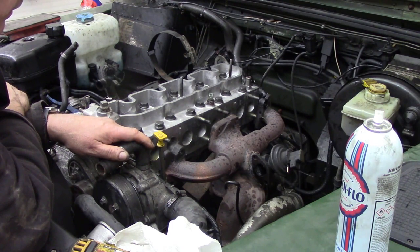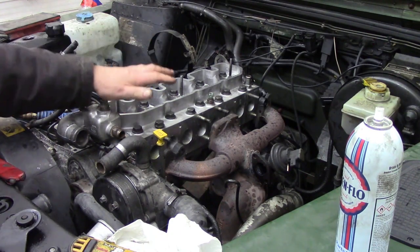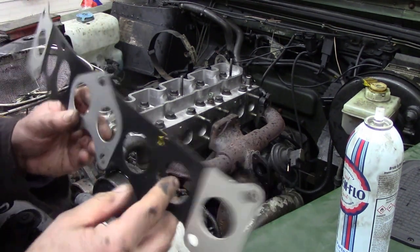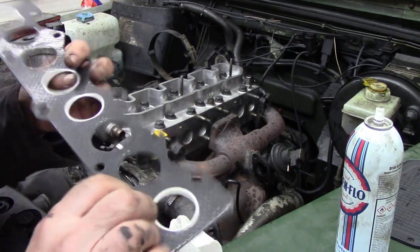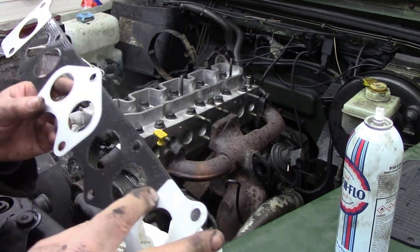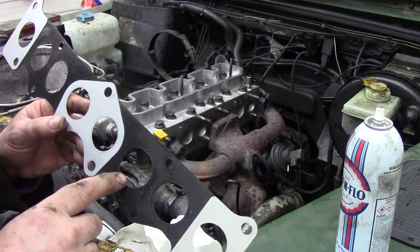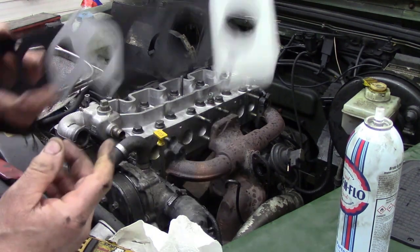I suppose I could put the exhaust manifold on. Yeah, I'll do that. I'll put the exhaust manifold on, because that won't affect the tightening down of the head. The manifold gasket is reinforced on one side, if you see what I mean. It's got some reinforcement for the exhaust. It's just a shame they didn't reinforce the intake, because that's the bit that blows out. Anyway, it goes on that way on the head,